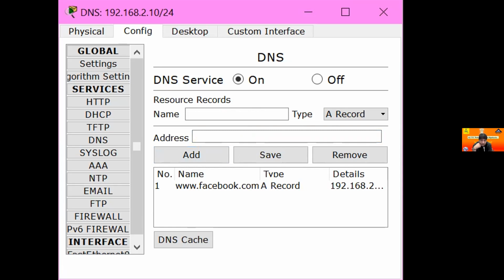So now in the network, you have two things: the website name www.facebook.com and the IP address 192.168.2.15. Now close this and go to the main screen of Packet Tracer.